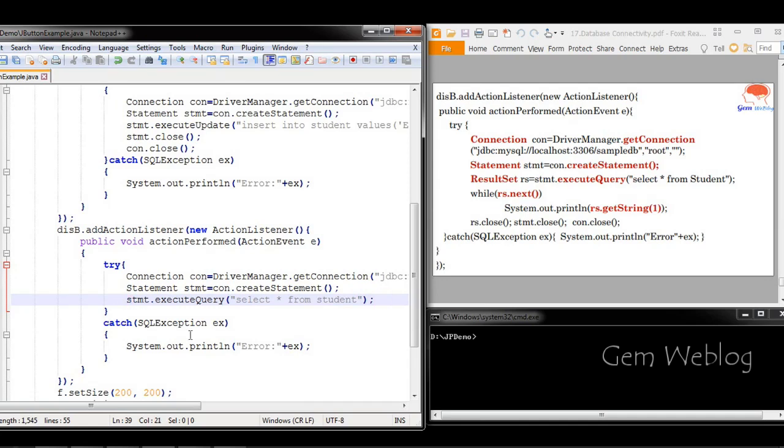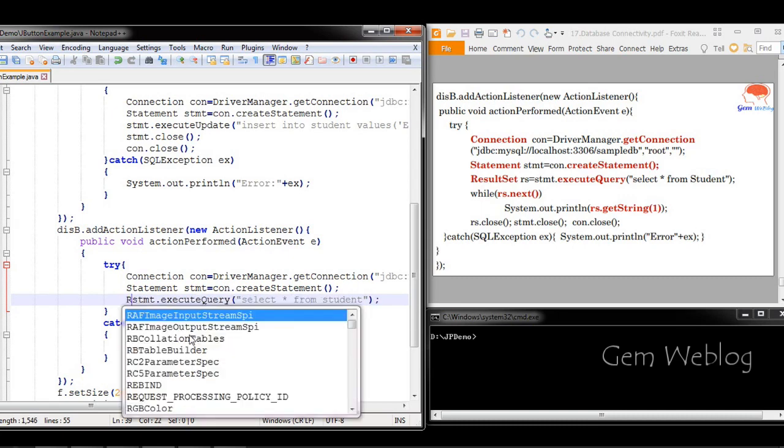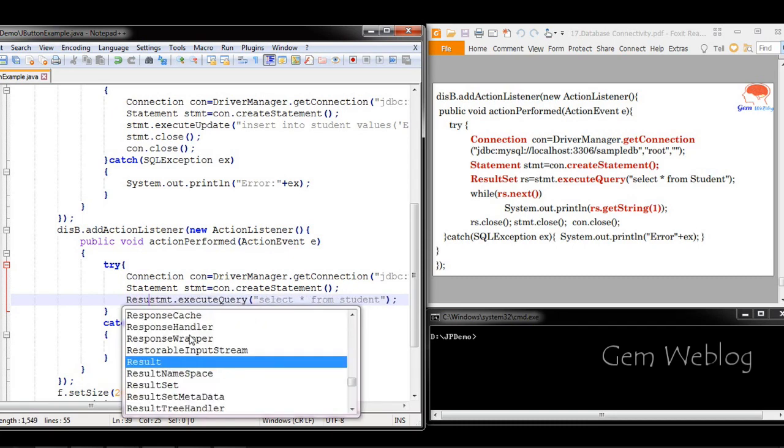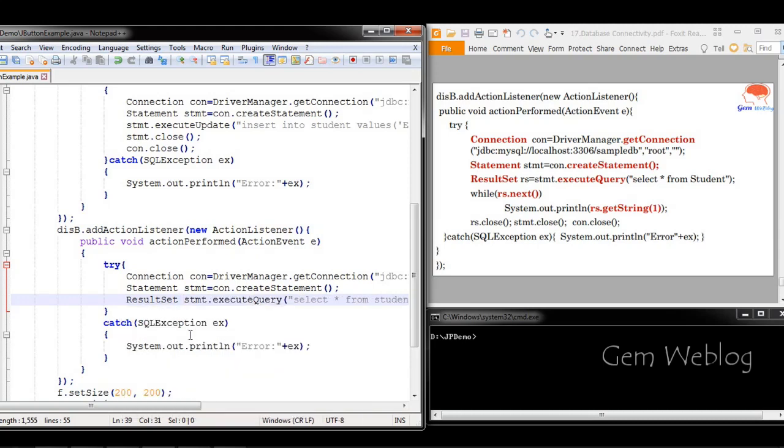This query will return the result back. We have to receive the result in a variable. So for this, you have to create the object for the ResultSet class, rs equal to statement dot executeQuery. So rs contains the result returned by this select query.